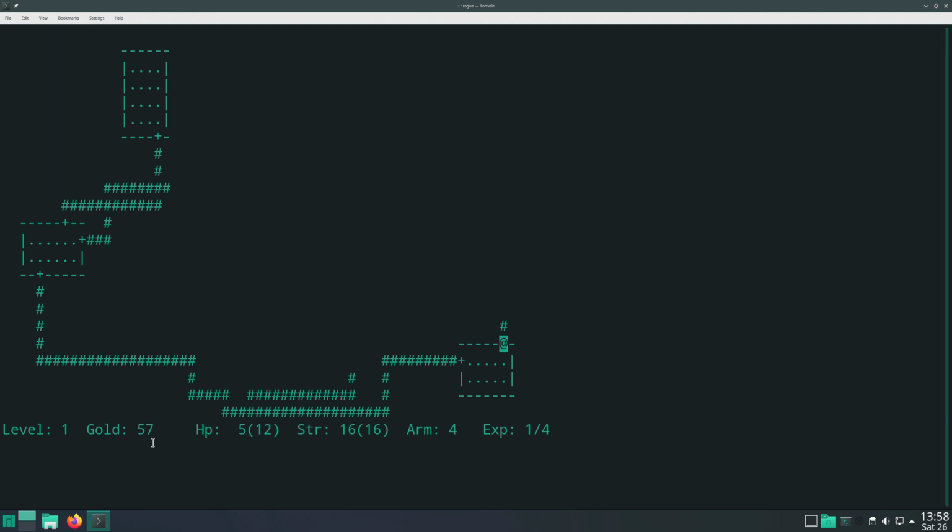Oh, look, we're back up to 5 hit points. You see my hit points coming back. Yeah. There's actually a rest key, the period key, the dot, the full stop. If I press that, it passes. My move is passed. I don't actually do anything for my turn, and the game takes its turn. You can stand still and do nothing.